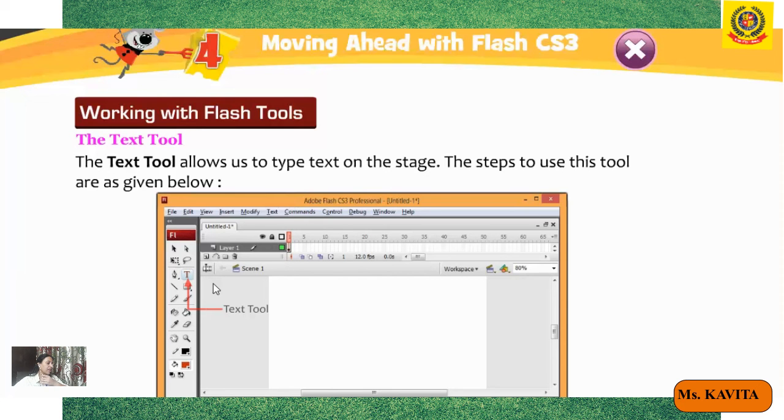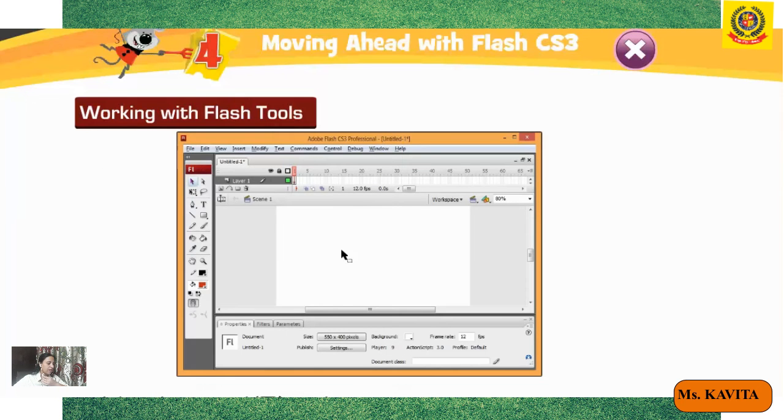To resize the object, how can you resize? Bring the mouse pointer over the corner handle. The pointer changes to the shape of this arrow type icon.